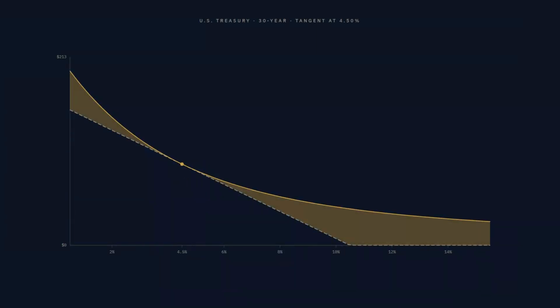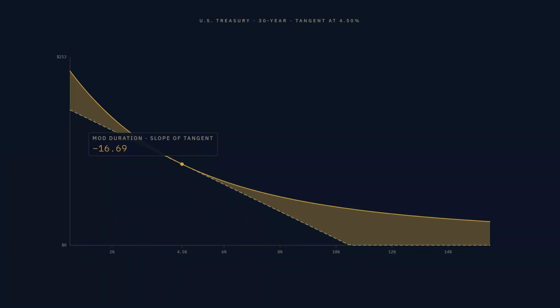But before we put any of these numbers into the formula, we should pause and ask what they actually mean. What's 398 measuring, and how is it different from what 16.69 is measuring? Because these are two genuinely different kinds of numbers, and feeling that difference is what makes the formula click. Modified duration is the slope of the price-yield curve at today's yield, the steepness of the dashed line we drew through it. For our 30-year, that slope is 16.69, a single number that tells you how fast the curve falls,